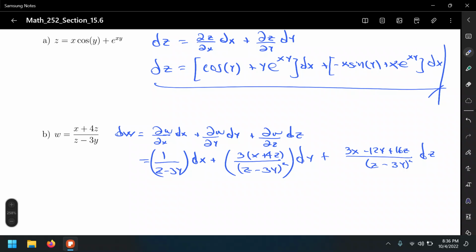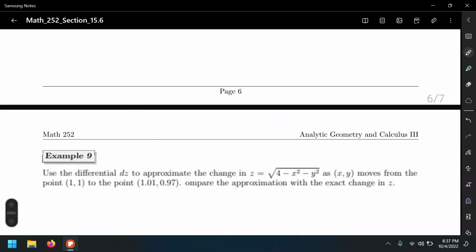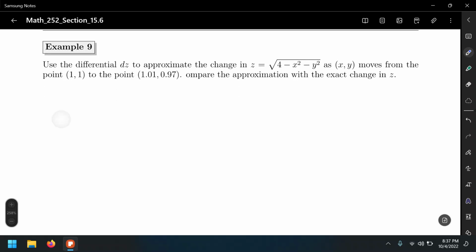You might remember those applications, when you had a sphere and you painted one coat of paint on that sphere. Even though this coat of paint is really tiny, it actually changes the volume of the sphere. Maybe not by a significant value, but that coat made an increment in, number one, the radius of the sphere, and consequently made a change in the volume of the sphere. So we're going to do something like that, but before doing that applied problem, let's do an